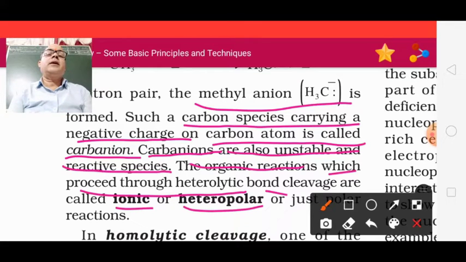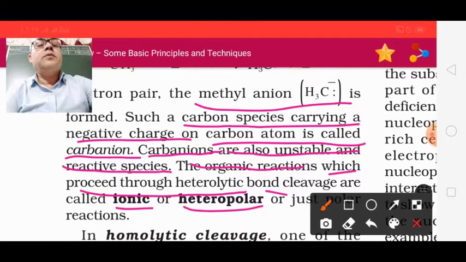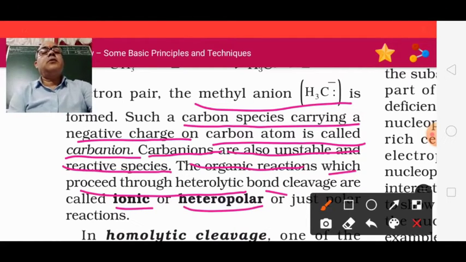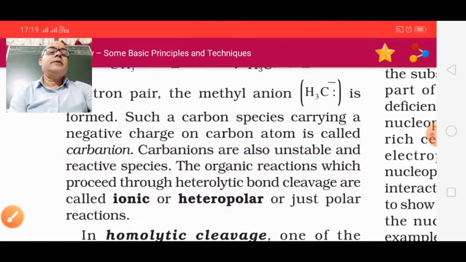Similarly, carbocations have 6 electrons, so they react to complete their octet, and a carbanion has a stable electronic configuration, so they react by donating, as a Lewis base. This way you can see that in heterolytic cleavage heteropolar species are formed, while in homolytic cleavage free radicals are formed. Now we will come to the next topic, the electronic displacement.